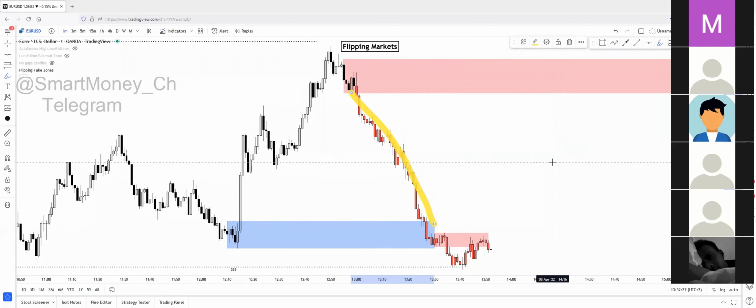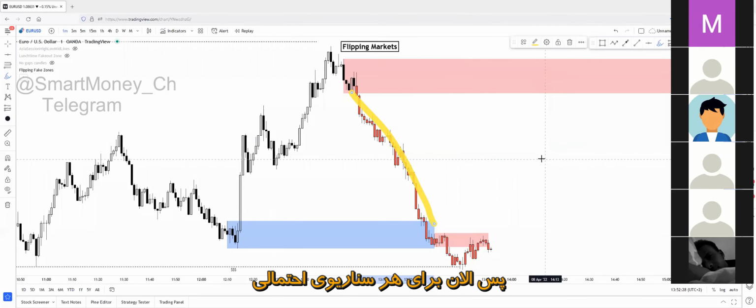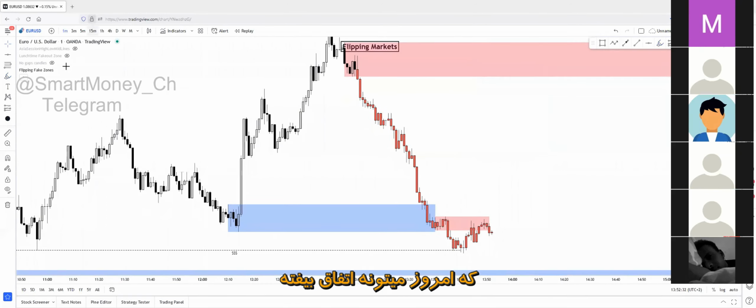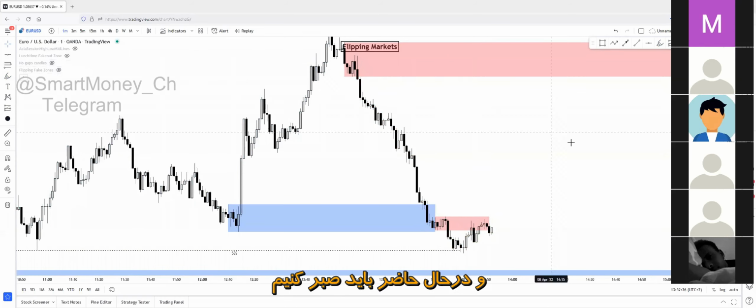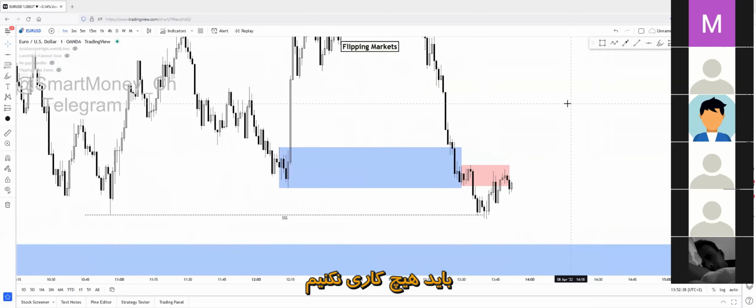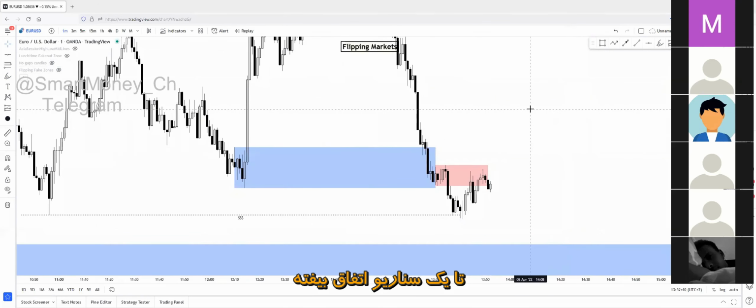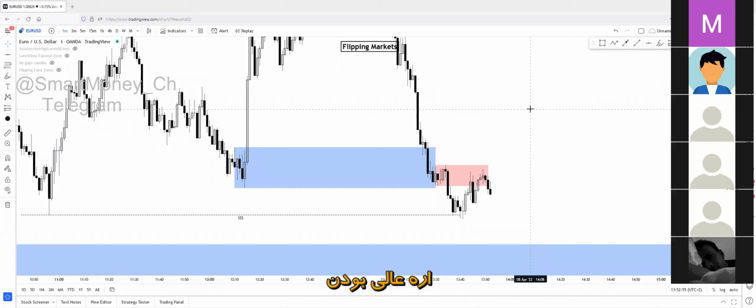So yeah, right now we built a perspective scenario for every single possible scenario for today. Right now we have to wait. We are patiently sitting on our hands, right? If one of the scenarios happens, we happen to trade. We wait for a good entry criteria and we happen to trade. Everything makes sense, guys? Was it helpful to actually go through the scenarios? Yes, it was. Yes, really great.